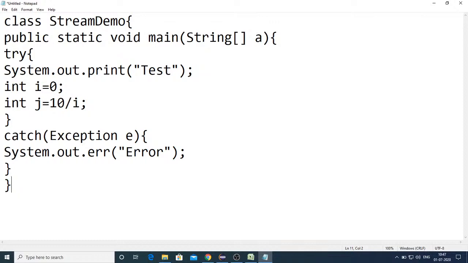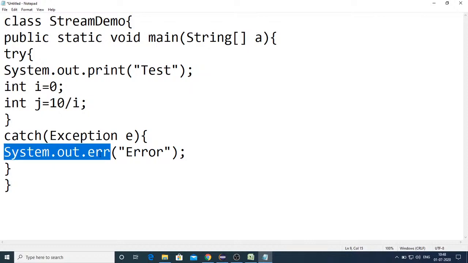I've created a class StreamDemo and public static void main, and then try, and in that I've written test, because I just want some output message also to be printed. Then int i equal to 0, int j equal to 10 by i, I know that it will be raising an exception. So when the exception is raised, the catch block will be executed. For that reason I'm using System.err.